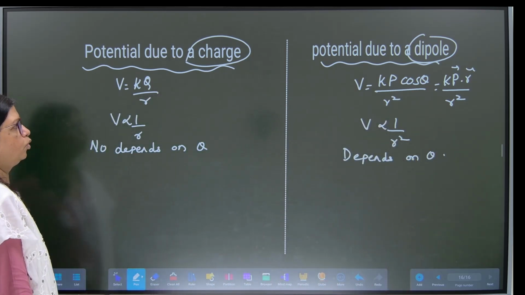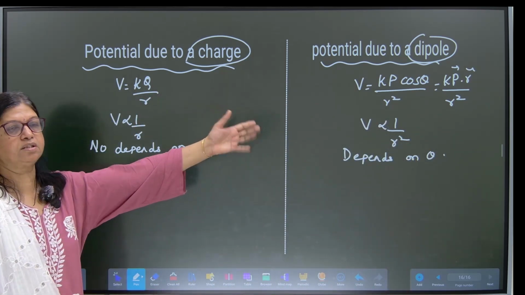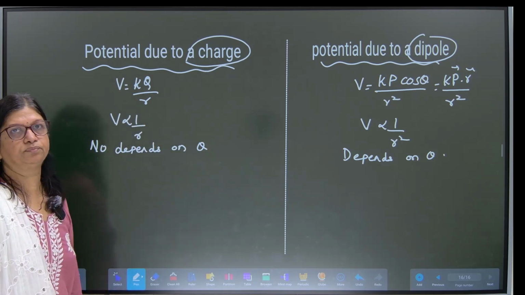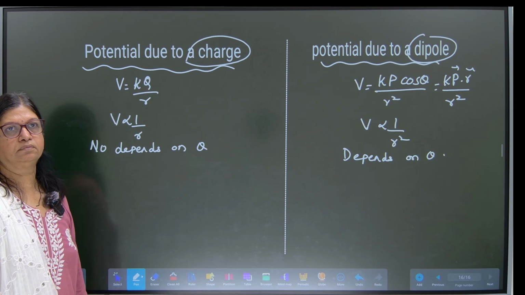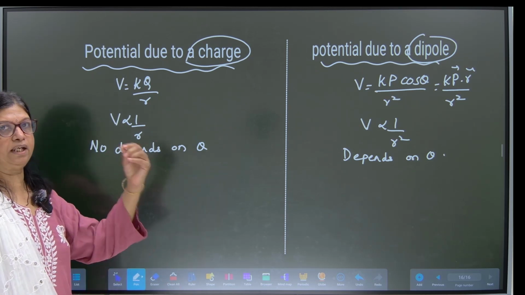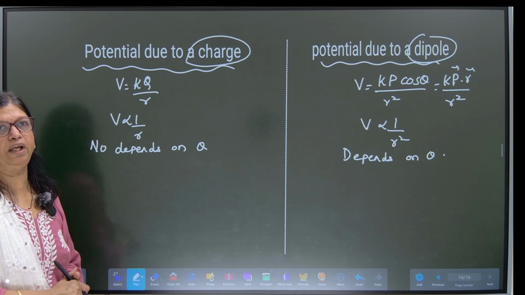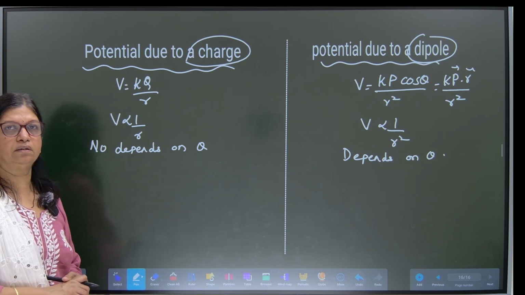Fine. Okay. So these are the differences which you can easily understand and write down. They can ask you to compare, or they can put it as a question also. Fine. So note down this. I just move. You take a